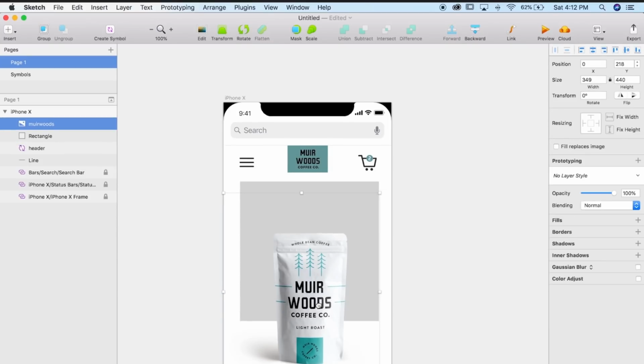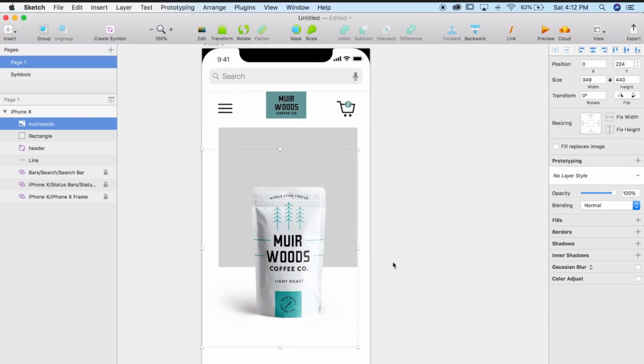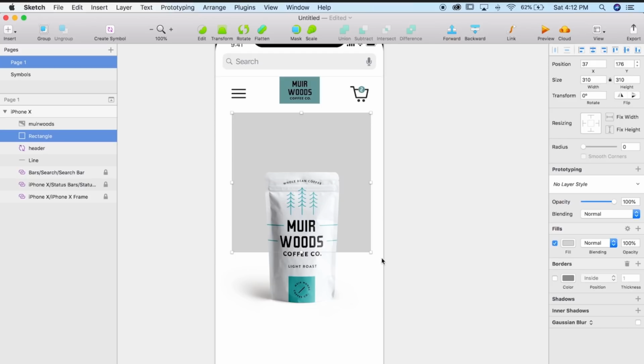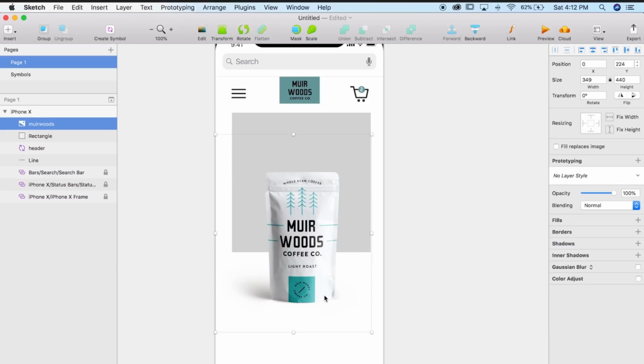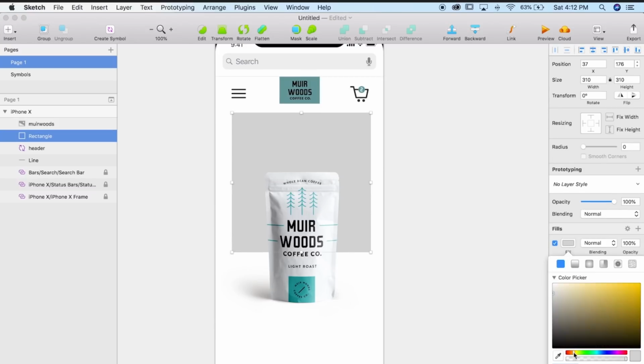And I want this packaging to sort of pop from the background that we put here. So I think if it overlays like that, it kind of has this sort of background texture that we could use to kind of make it pop off the page a little bit more. A little bit non-traditional and something a little bit more dynamic. I think it'll help make this product pop off the page a little bit more. And I'm gonna grab a color that's sort of more into like the pinkish, salmon-ish color, something that's complementary to what I've got on the packaging right now.